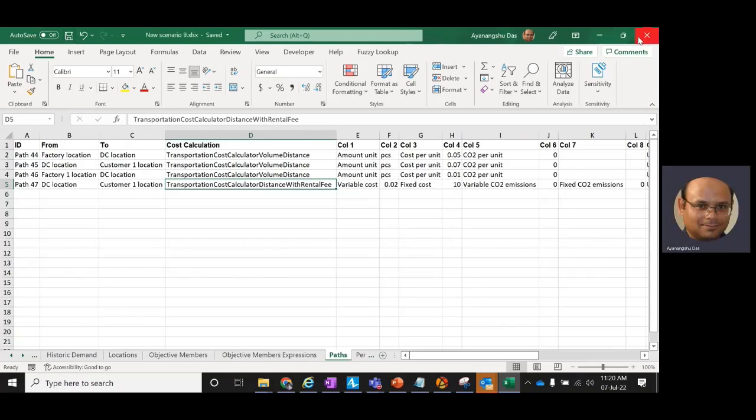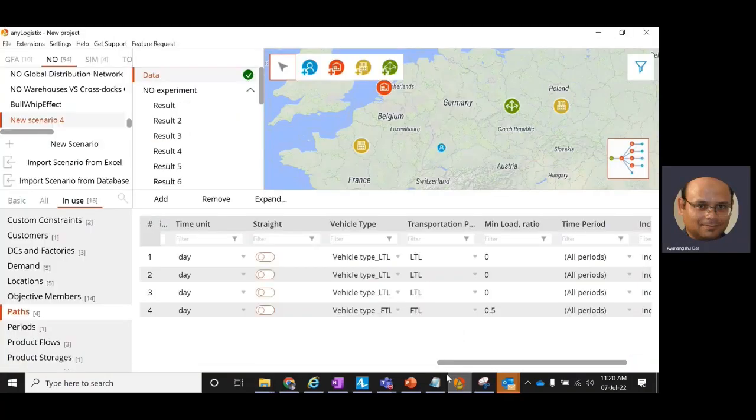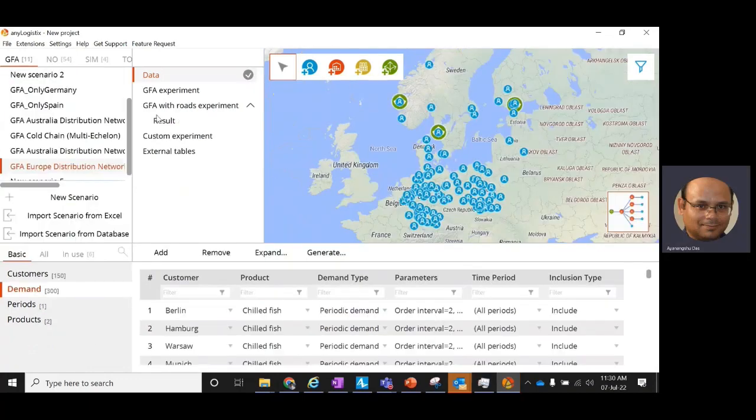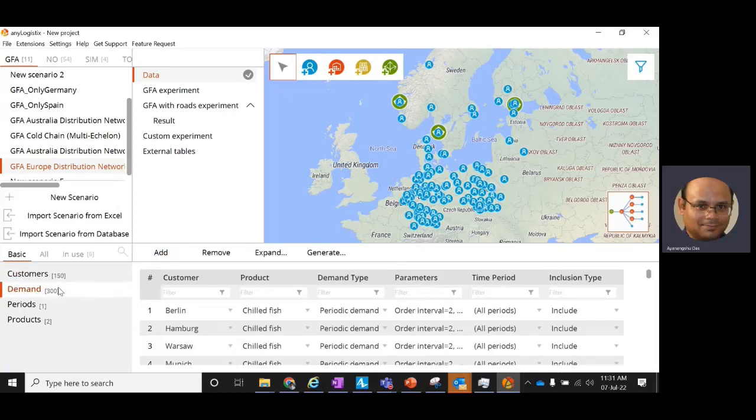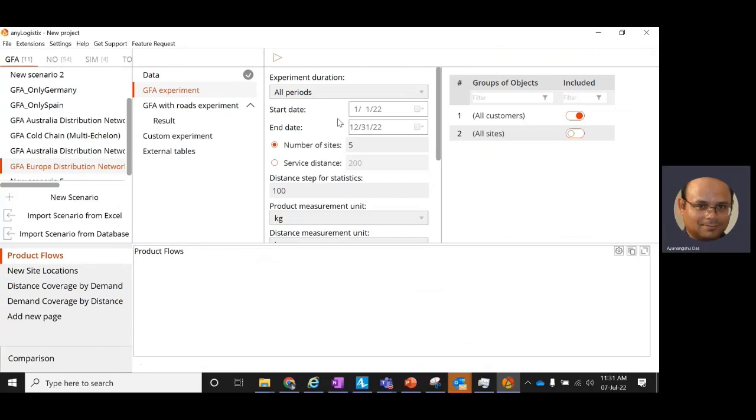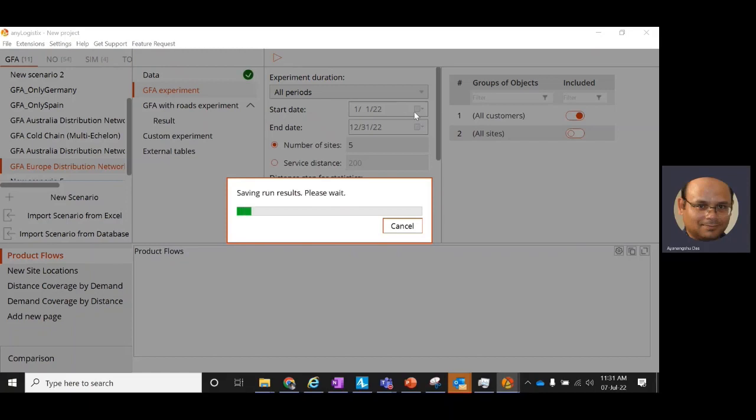Now we will turn our attention to how to do a greenfield analysis. This is how a greenfield analysis experiment looks, where we have the customers and then the demand. These are the two pieces of information that we would need to fill in for a GFA experiment. We go to the GFA experiment and specify how many sites we are looking to open, and then run the experiment, and it will give us the potential sites that it